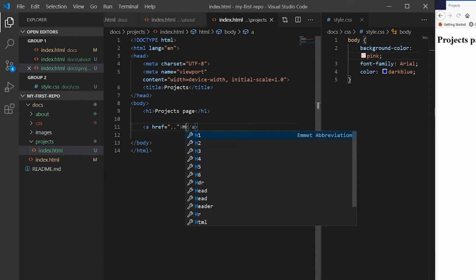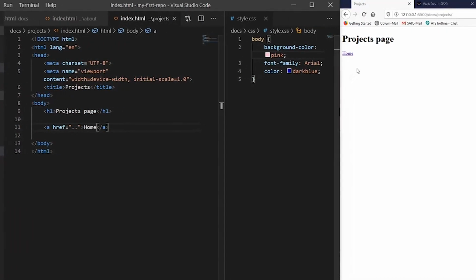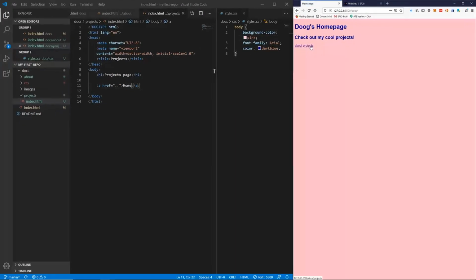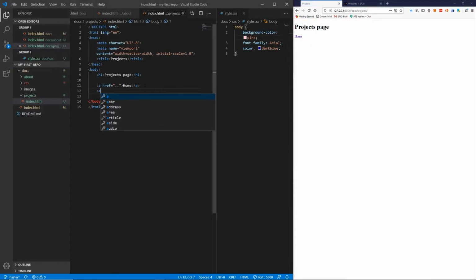And then I can type home. So if I click that, it's just going to go up one folder. There we go. Projects, home. If I wanted to link to the about page, a href equals, I can't just put about now